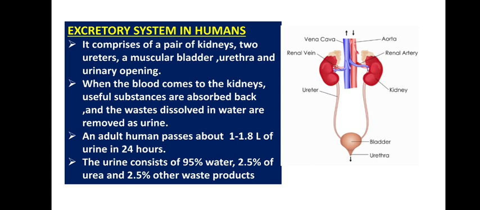So what are the different wastes that are produced in our body? They are undigested food in the form of feces, then urine, sweat, carbon dioxide, etc. These wastes should not be accumulated in our body. Accumulation means storage of this waste beyond a level inside the body, which is harmful to the body. We have to remove the waste produced in our body.